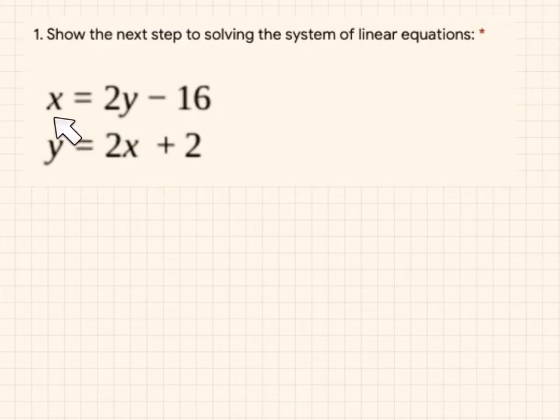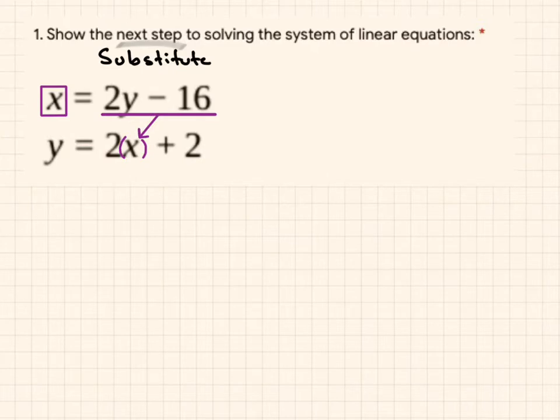So you're given two linear equations where the variables are already solved for you. So what you want to do is substitute, and substituting is going to be your next step. And because the variable is solved for you, you can say, okay, I'll start with x. If x equals 2y minus 16, I can replace x in this equation